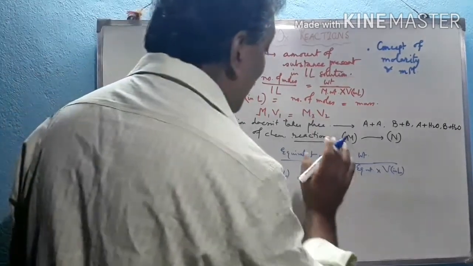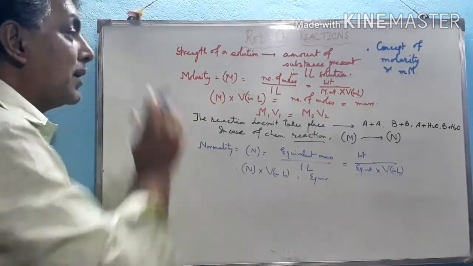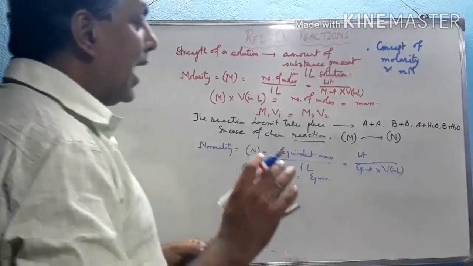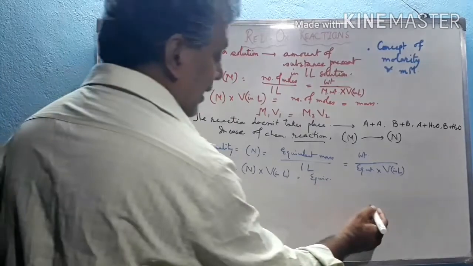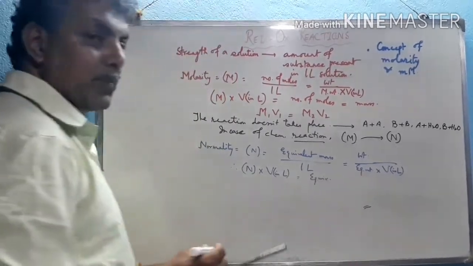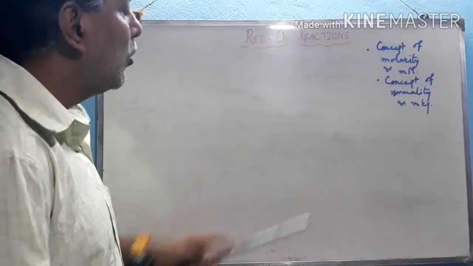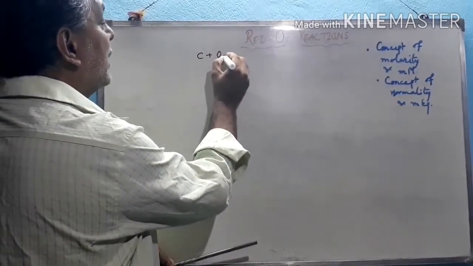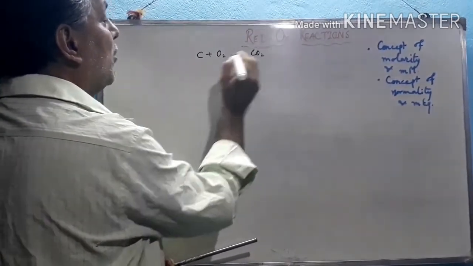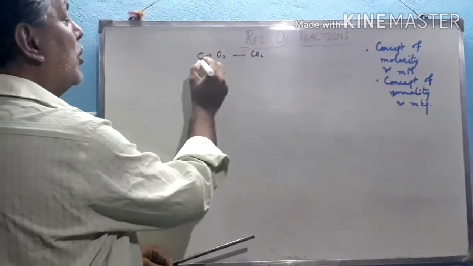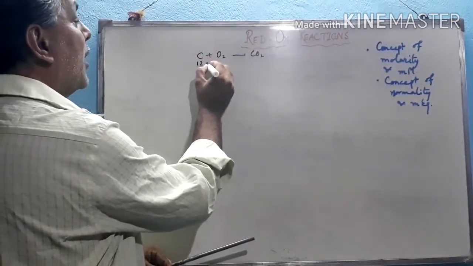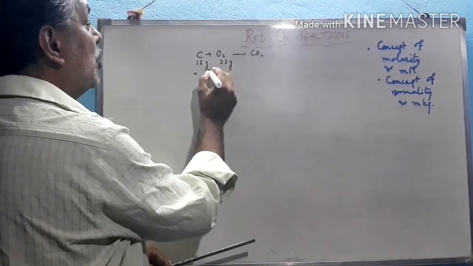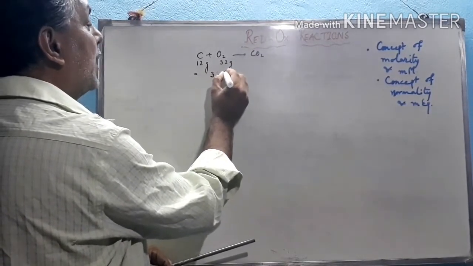Now what is the equivalent mass? We have to identify the equivalent mass and what is the difference between the molecular mass, atomic mass and this equivalent mass. Now, what is the equivalent weight? Suppose carbon combines with oxygen to form carbon dioxide, when combusted in the presence of oxygen. Say 12 gram of carbon combines with 32 gram of oxygen. Therefore, the mass ratio between carbon and oxygen becomes 3:8.